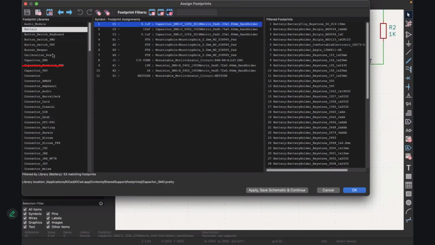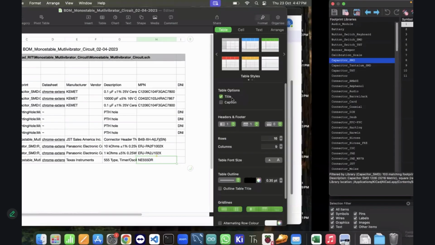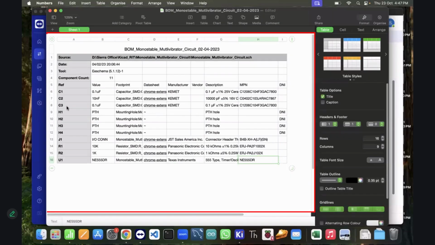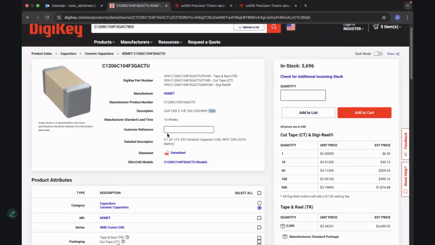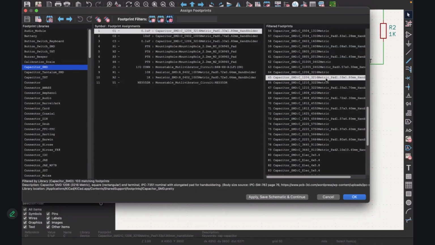From the left, choose the capacitor_SMD library. On the right, select C_1206_3216 metric. This corresponds to a 1206 package. And click OK. To find the correct footprint size, refer to your BOM or the manufacturer's datasheet. For example, if your DigiKey part number lists the package as 1206 or 3216 metric, choose the same size footprint